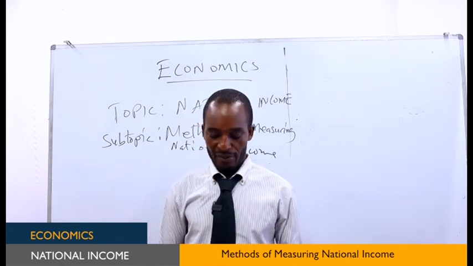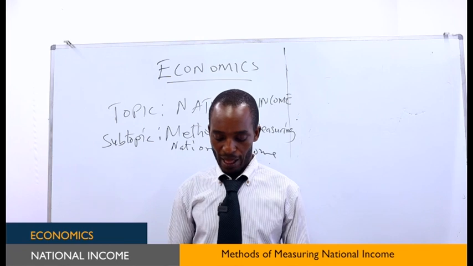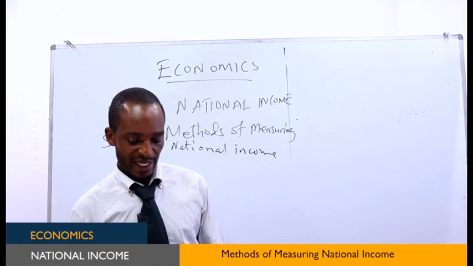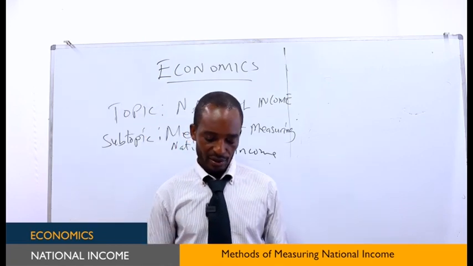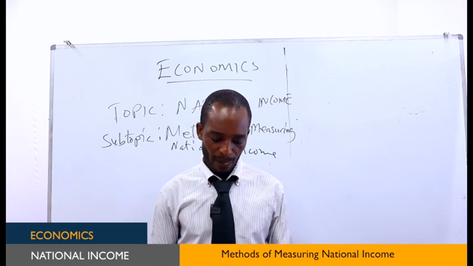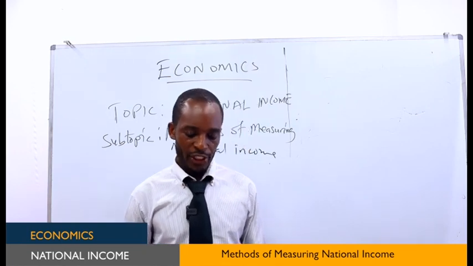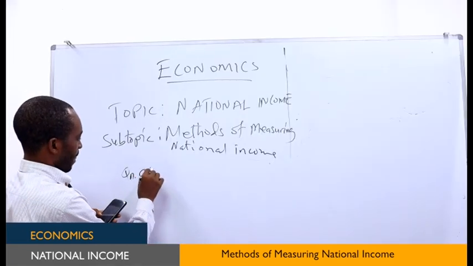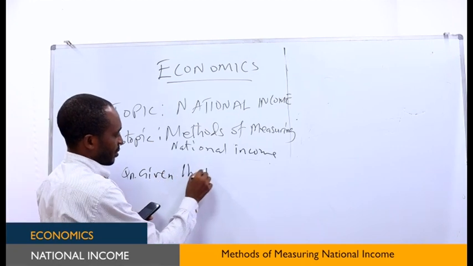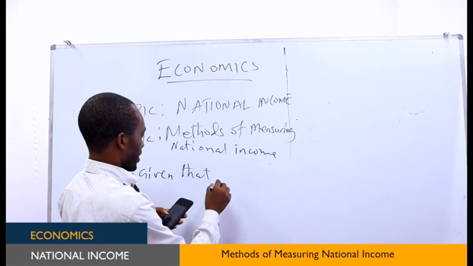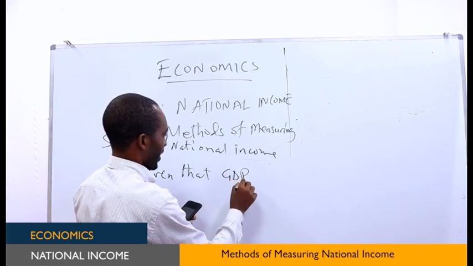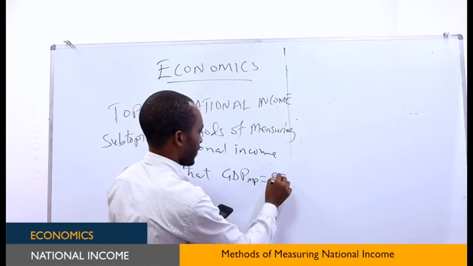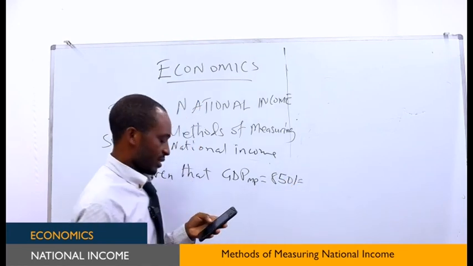Okay, welcome back. Now I'm going to solve some problems from among my students. Here I received a question from Jacqueline and students of HGE from Moshi. The question is, we are given that GDP at market price equals 850 shillings,